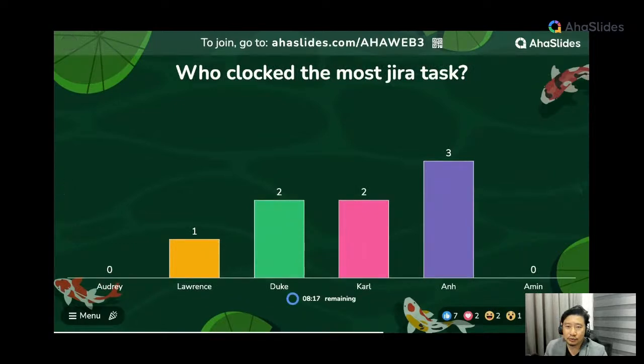You could also do as trivial as Jira tasks. So at AhaSlides, we use Jira to clock our tasks. I'm still trying to get the hang of it, as you can see here. This is almost partly true. We have Ang, our SEO expert. She's usually clocking a lot of tasks. And me, I'm struggling to even update my tasks on Jira. But this is something fun that we do in our teams, and it's pretty useful.